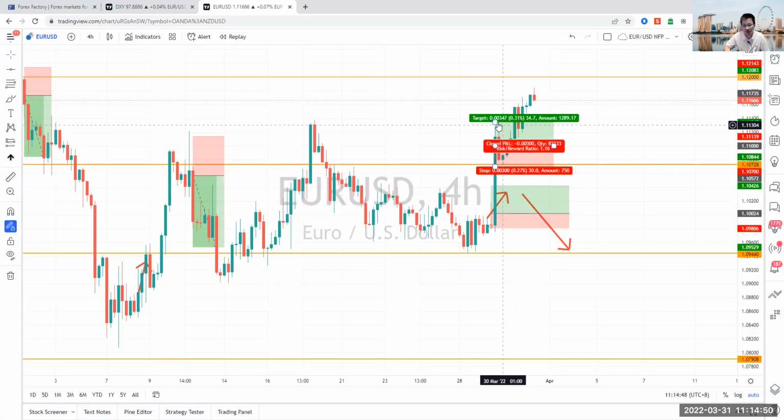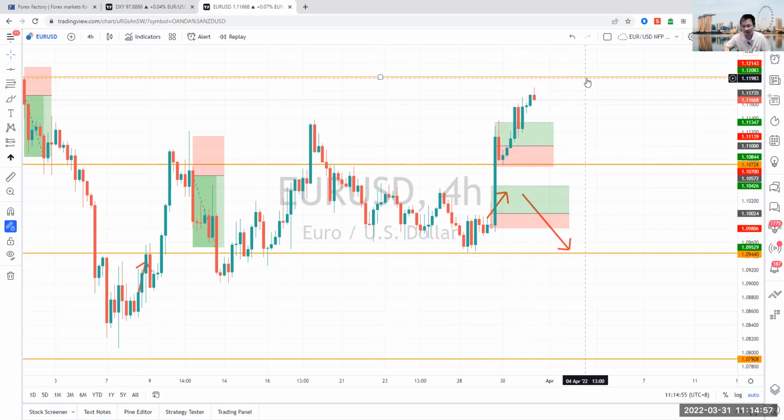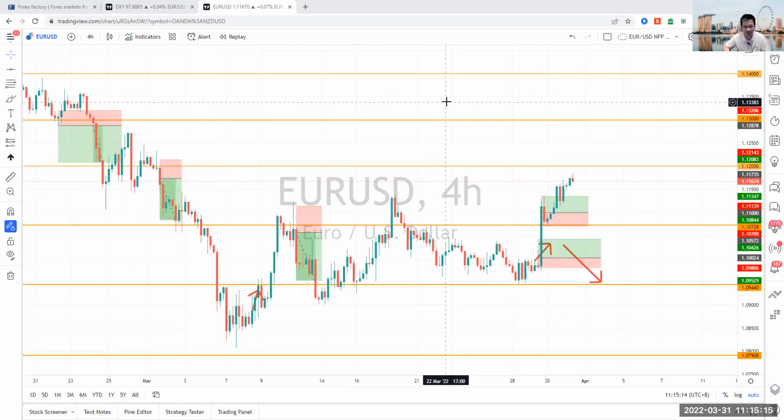So looking at the euro dollar, we've seen that big upside move. We've had two trade recommendations that had hit take profit already. For the euro yen to move any further or significantly further towards the upside, it needs to break above this 1.12 resistance level. It's trending up. It's looking at a small retracement at this point. I think that we could see further upside move on the euro dollar, but it needs to break above this 1.12 level.